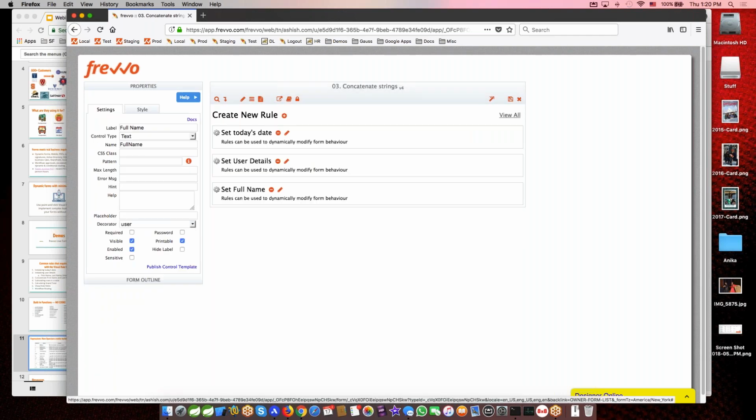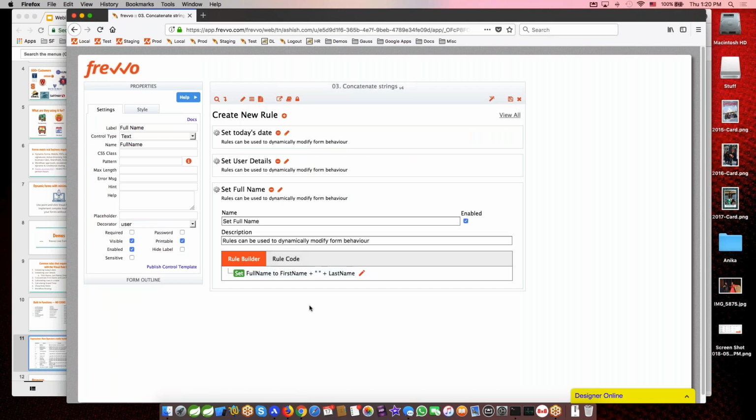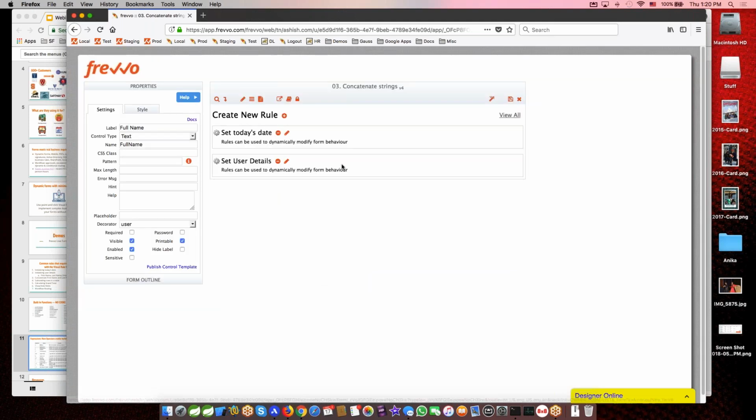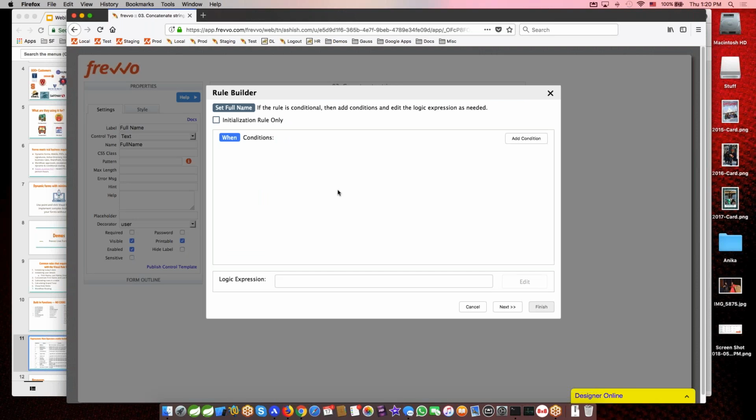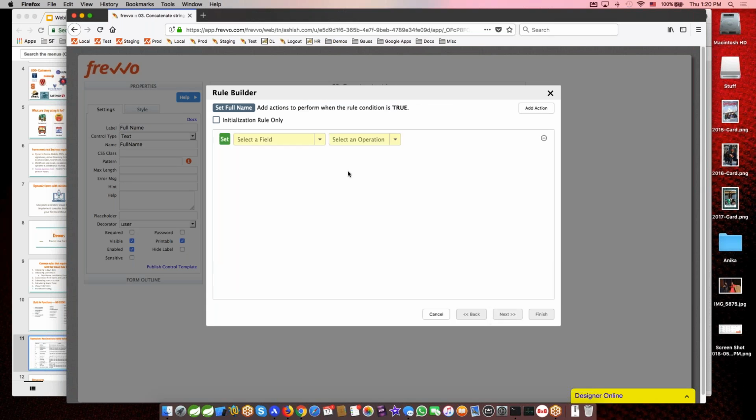Very easy in frevvo. All we're going to do is set the full name to first name with last name. So let me create this rule again. I'll remove this one. Click plus in here. So let's say set full name. And I'm going to click run builder. In this case, there are no conditions at all. We always want to run this. It's not really an initialization rule, and we could add a condition for when the first name is filled and the last name is filled, but we don't really need to in this case. So what we're going to do here is set full name